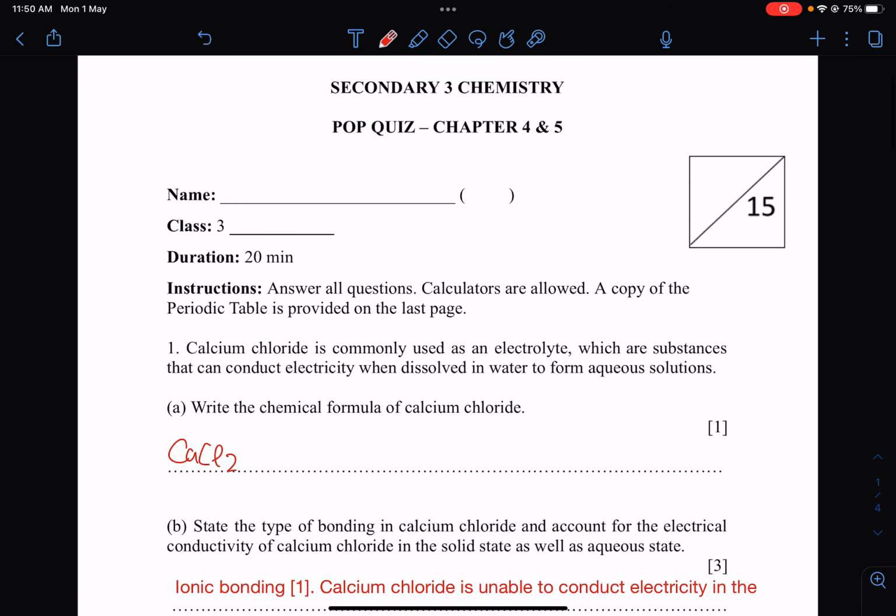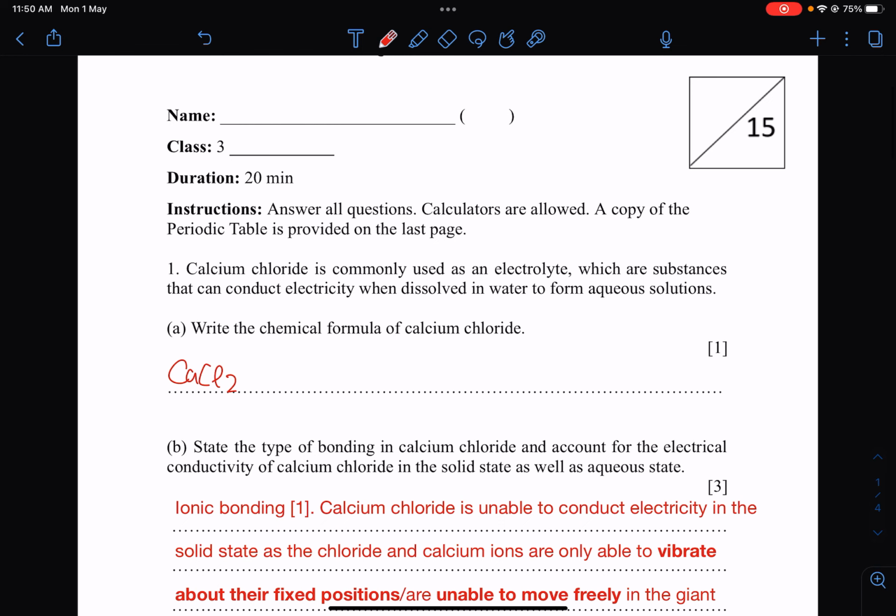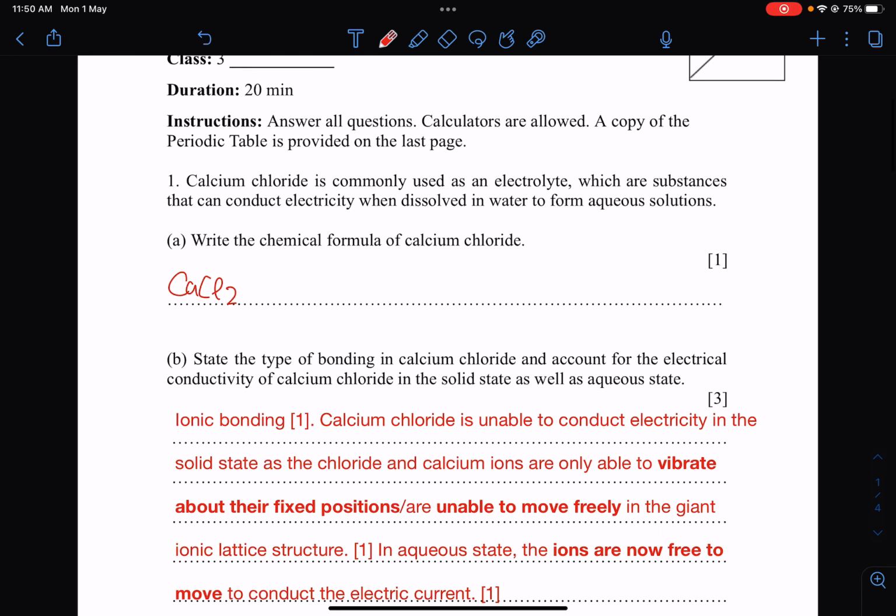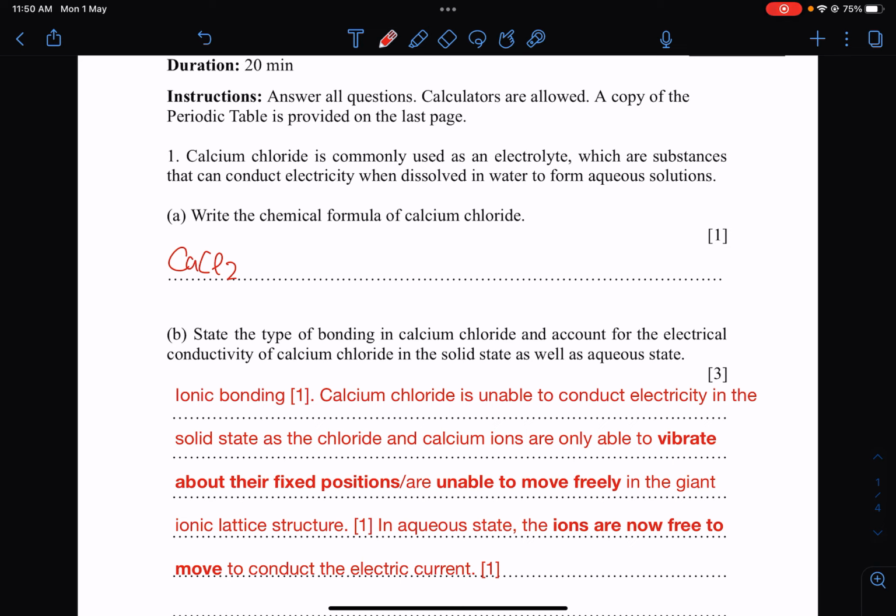Okay, so let's go through the pop quiz on chapter 4 and 5. Okay, so the first question. Usually this kind of question, they will just provide you some context. For example, in this case, they already tell you that calcium chloride will dissolve in water to form aqueous solution. So from this paragraph itself, you can already make a prediction of what kind of structure calcium chloride would have. Knowing the structure allows you to make a better prediction on what kind of bonding